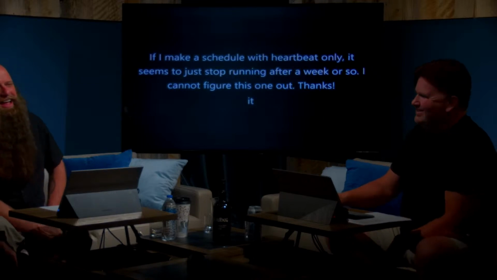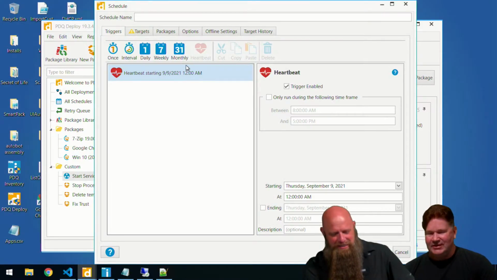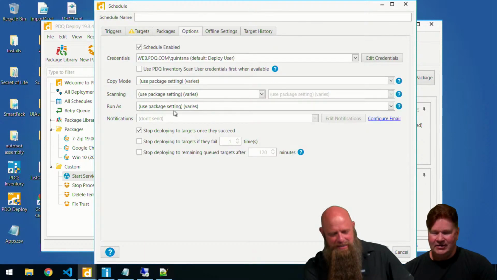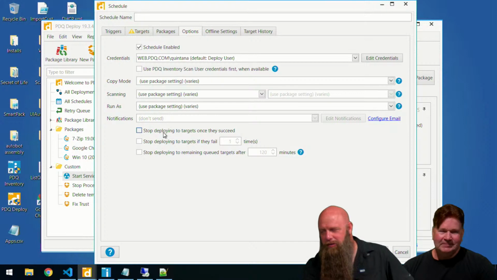All right, here's your schedule, right? So it takes about a week or so, and every machine actually runs it. You need to make sure you go to options and take this off if you want it to continually run. Yeah, I was going to say that was probably what it is. Stop deploying to targets once they succeed. When you have recurring